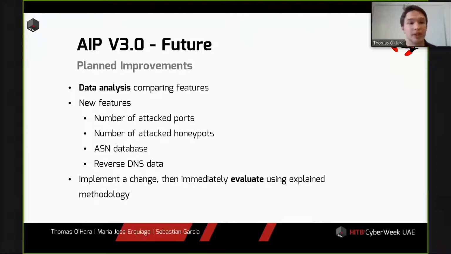Some future improvements that we'd like to implement in version 3.0 of our Attacker IP Prioritizer: we're working on some data analysis, comparing all of the input features together. Some new features that we'd like to implement in our scoring process are the number of attacked ports and the number of attacked honeypots. We'd like to add an ASN database and reverse DNS data. And this is all under the umbrella of